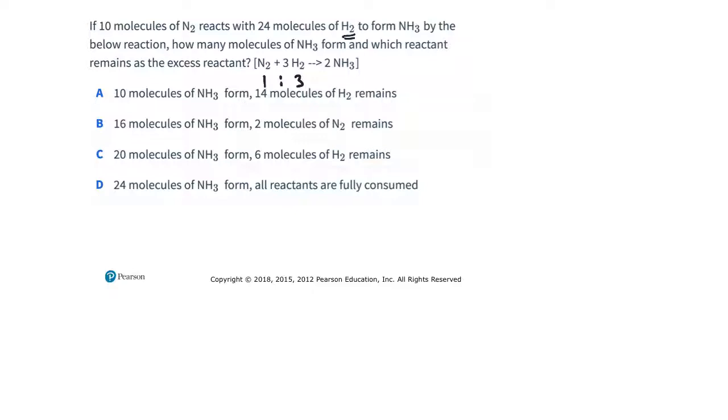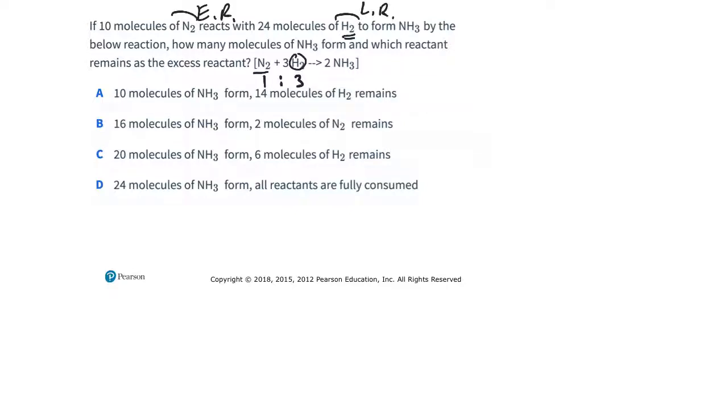If I had a greater than 1 to 3 ratio of H2, then I'd consume all the N2 in the reaction and be left behind with some of the H2. So I think we can identify the H2 as a limiting reactant if we just think of the relative amounts of N2 and H2 that we have given to us here compared to the ratios we need to react according to the reaction. And so I think we can identify H2 as a limiting reactant, therefore easily identify N2 as the excess reactant,